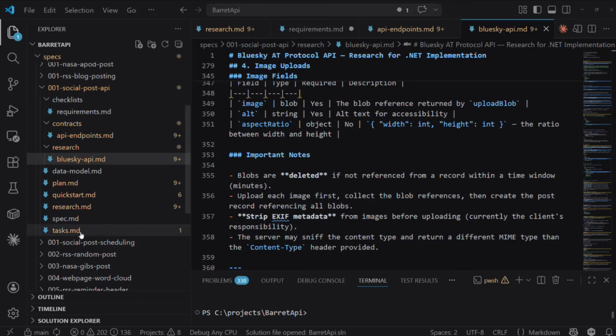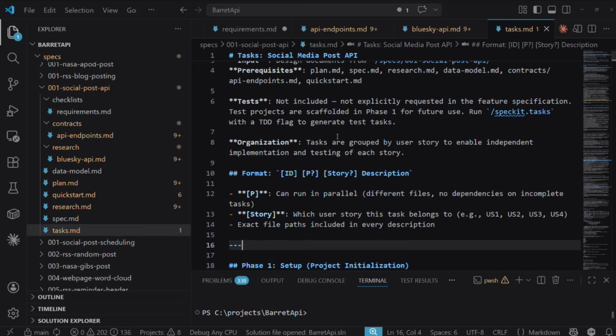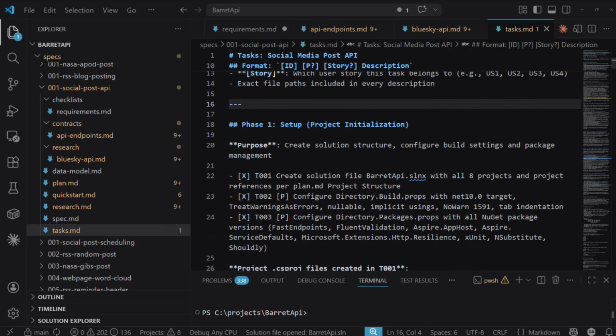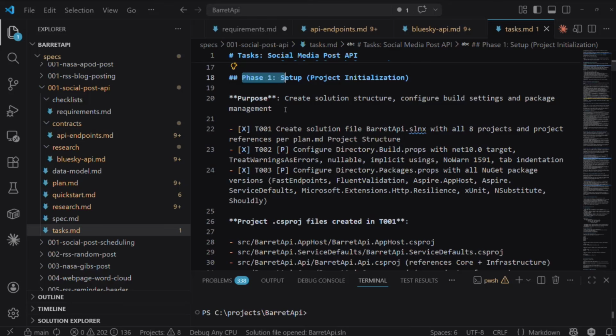The next part is the tasks file. As it generates that, you can see here, it'll define what the structure is and some of the notations that are in there. And it'll break it down into phases. So, phase 1, phase 2, phase 3, whatever it might be. For each phase, there'll be one or more tasks. It'll define what the purpose of this phase is. It'll number the tasks 1 through whatever. And initially all of them will be blank and unchecked.